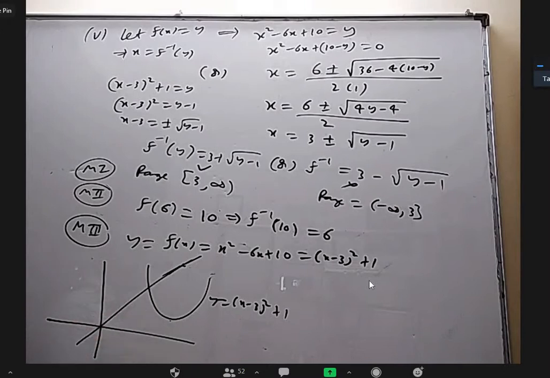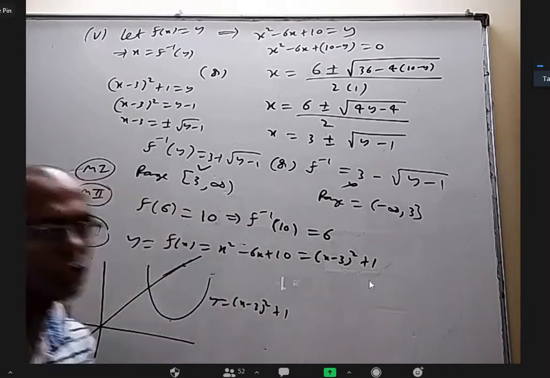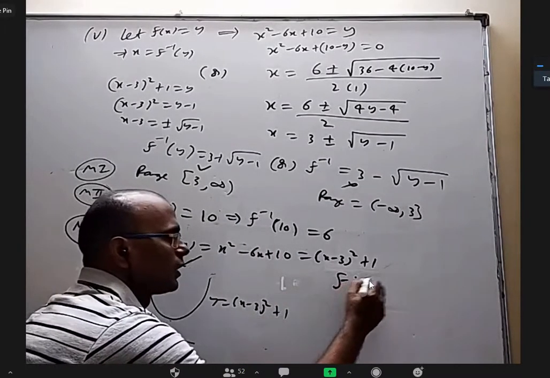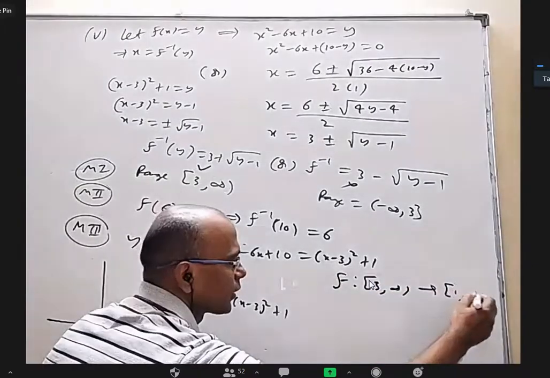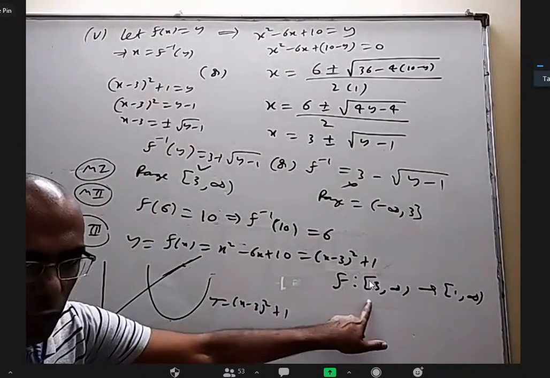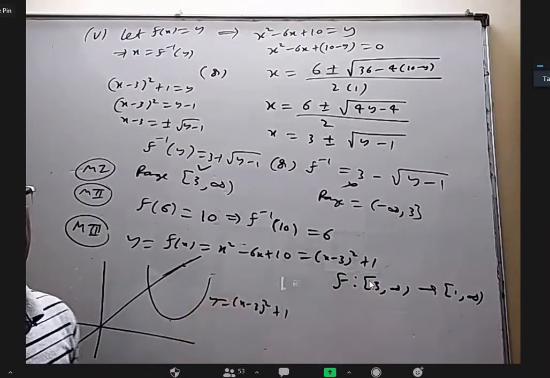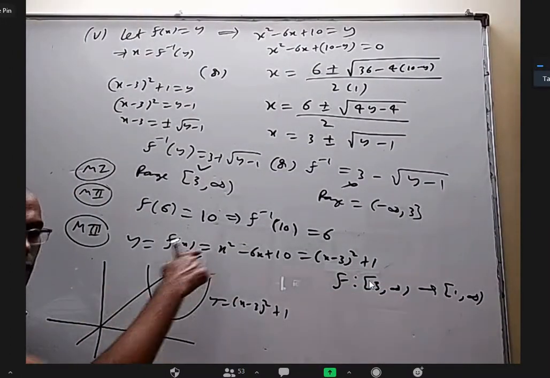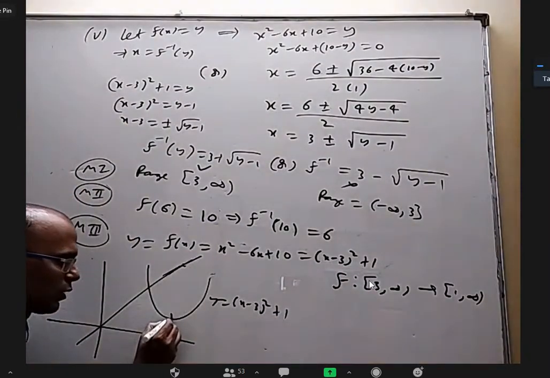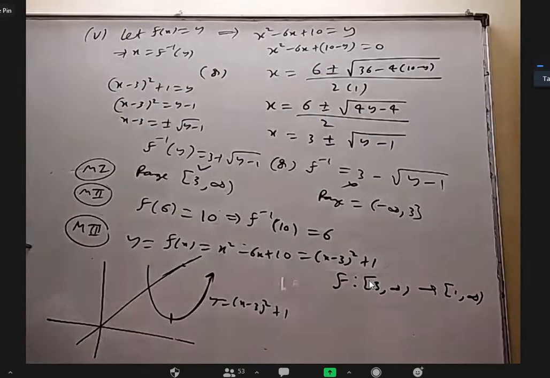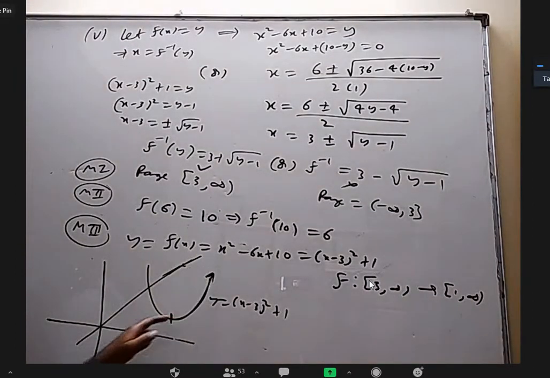But still, why did I ask for the inverse function? Because what I gave is a bijection. In the sense, I gave domain 3 to infinity and codomain 1 to infinity. In this particular domain and codomain, it is actually a bijection, because my graph is not this full parabola. The domain is only 3 to infinity. So if you take only this piece, and this other part is not there, is that a bijection? Yes, sir.